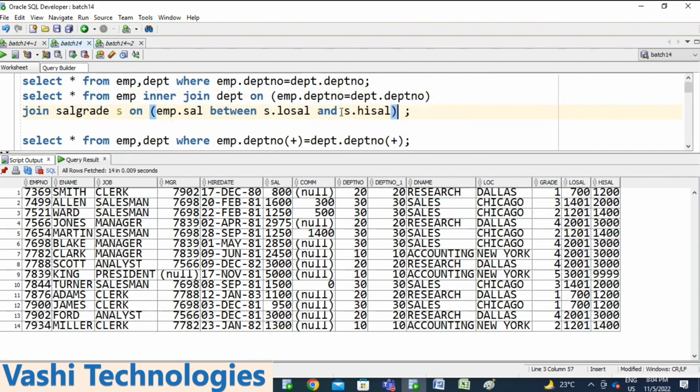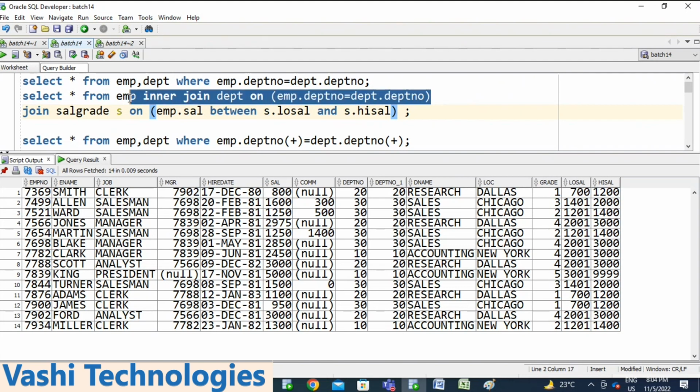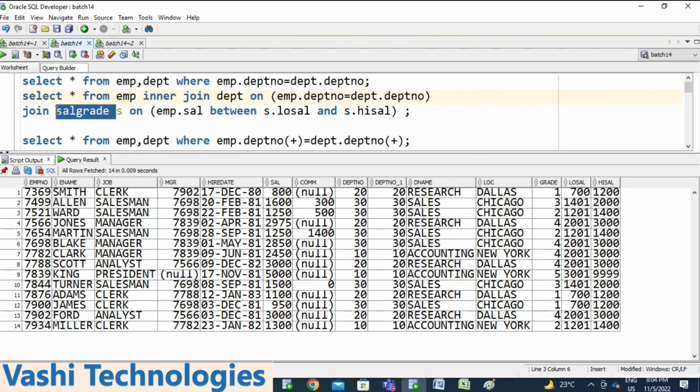See, you are getting the data with more than two tables. If you retrieve with two tables, you will get one join. If you retrieve with three tables of data, you will get two joins. For table A and table B, you put one join. Now these two tables work as one table, and now you are using another table.